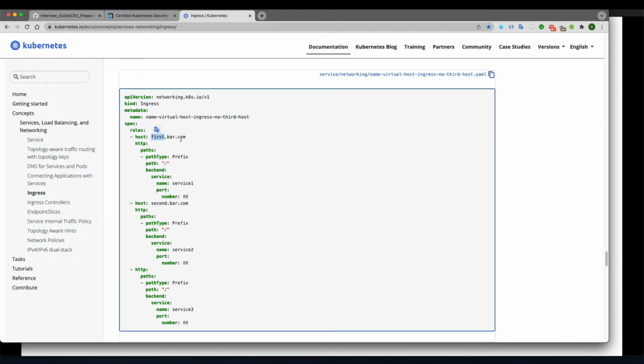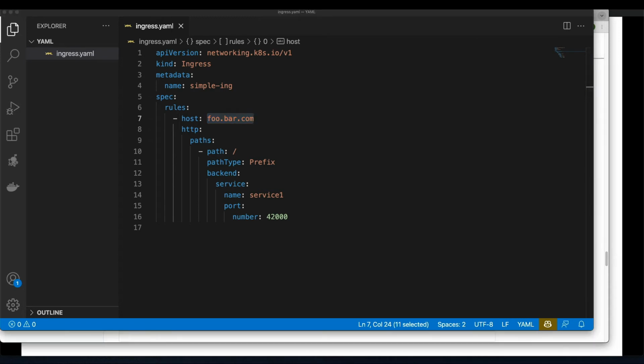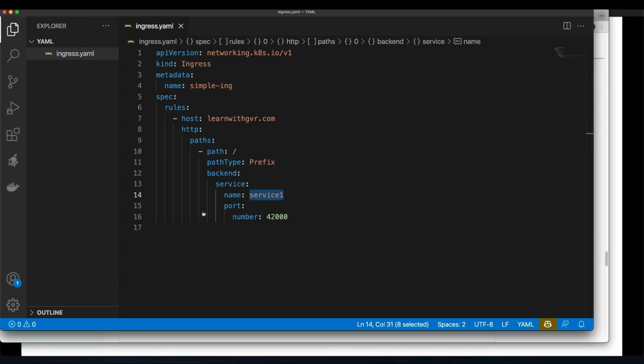Here some host is first.bar.com, he is exposed, and whenever somebody hits this /, then it will go to service 1 port 80. In a similar way I have created one ingress, just a simple fan out example. Just copy it from here, a simple ingress, with any name. Here the host name I will use is learnwithgvr.com, and then the service name is...